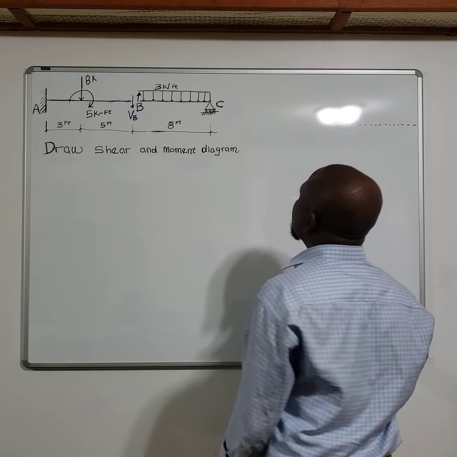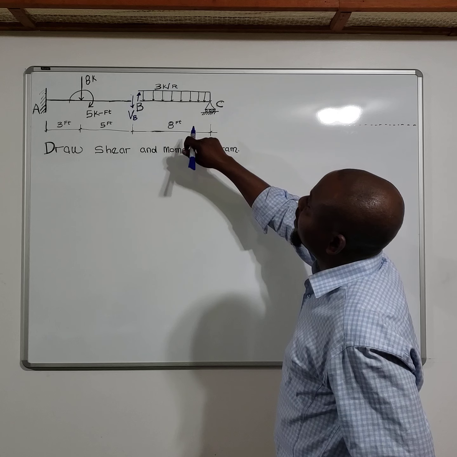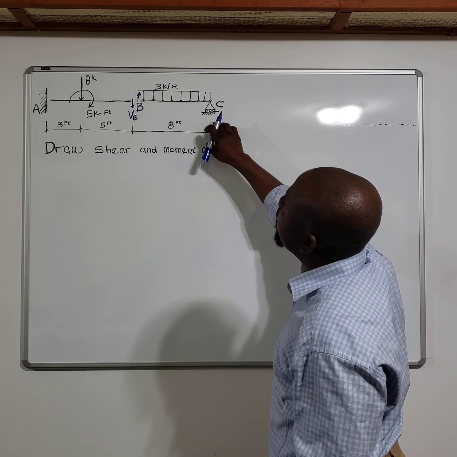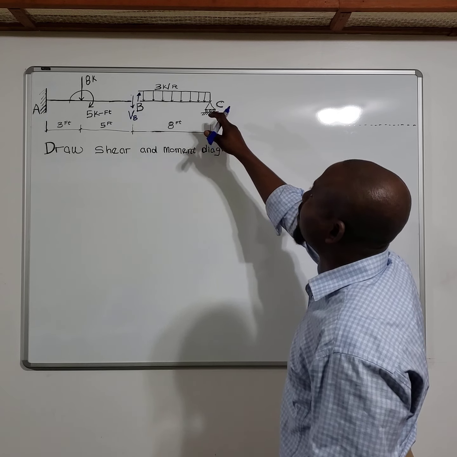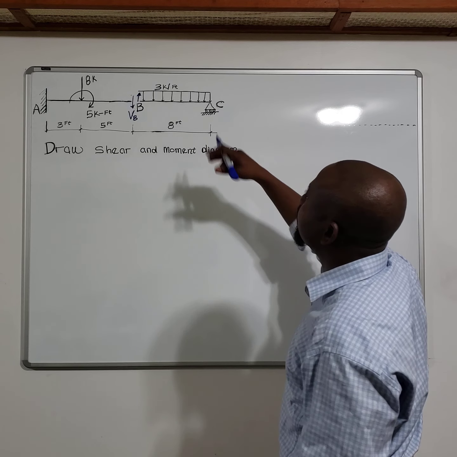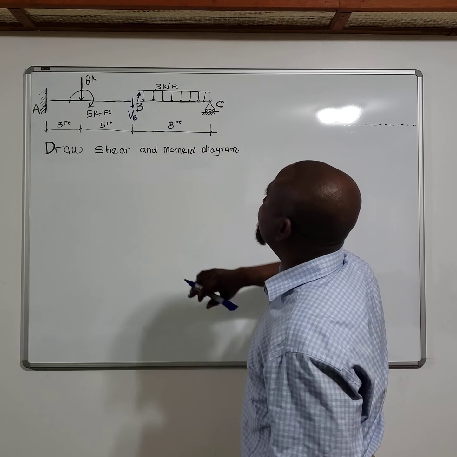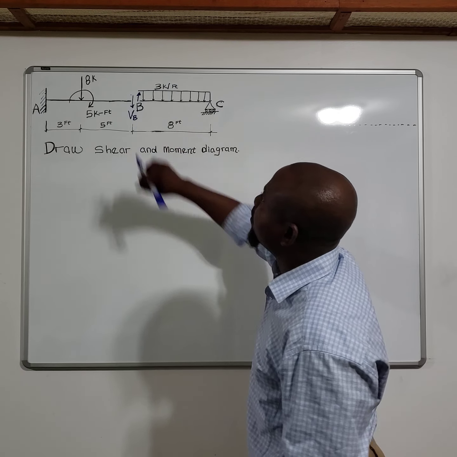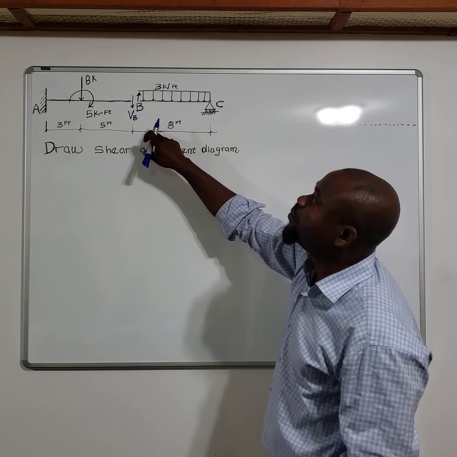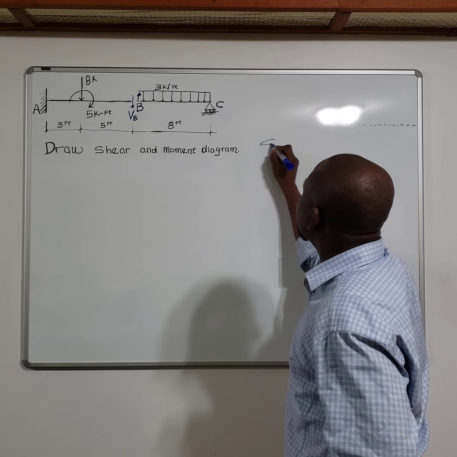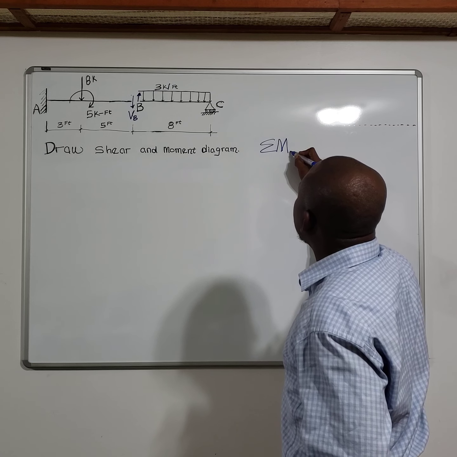So what do I need to do now? If I take the sum of moment or sum of forces, you can do either one, you are going to arrive at the value of C. So let's do sum of moment, since we know that the sum of moment at B is 0. So sum of the moment at B